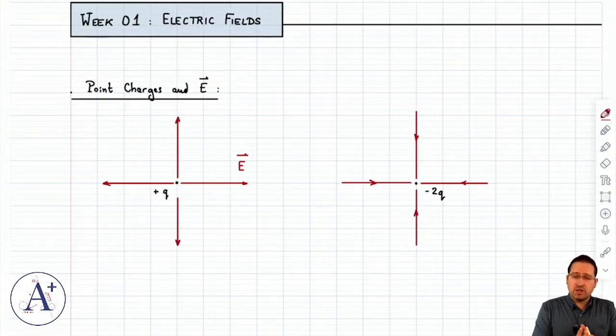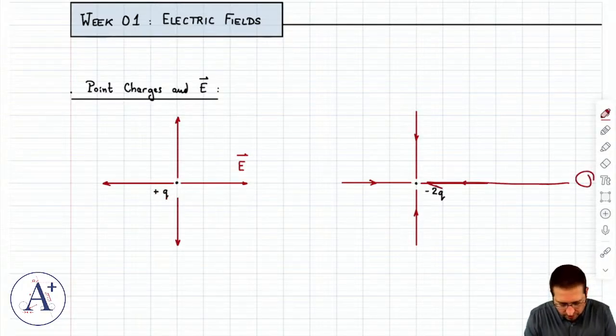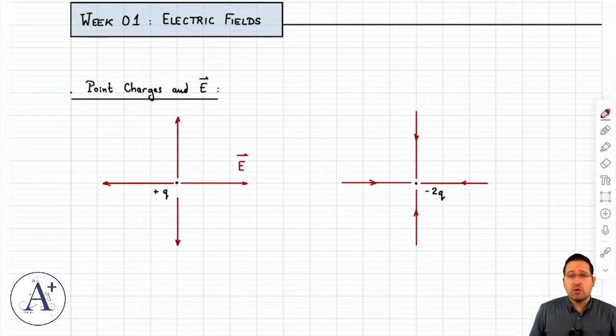Point is, electric fields are a property that surround charge. They tend to point away from positive charge and point toward negative charge. Now, maybe they start at plus Q and go all the way to infinity. Maybe they start at infinity and go all the way to minus 2Q. Or maybe if the two are close enough to each other, they tend to go from plus Q to minus 2Q,